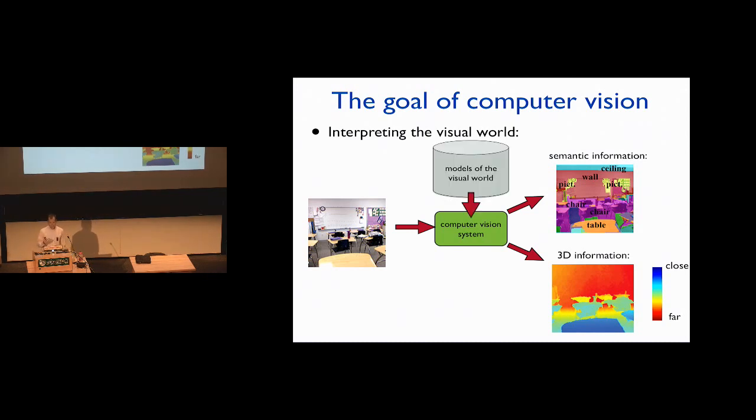So what this means effectively is that we need to build a model for everything that we want the machine to recognize or measure in the photograph. So then the question is, how do we build these models? In the early days of computer vision, these models were actually painstakingly hand-constructed. But over the last 2 decades, research has shown that much better models can be obtained by learning them automatically from lots and lots of image examples